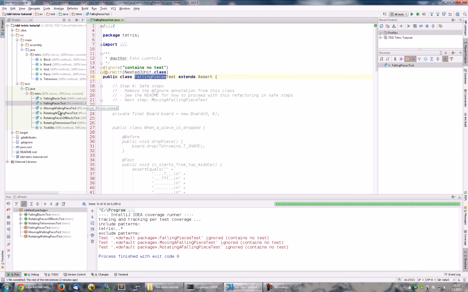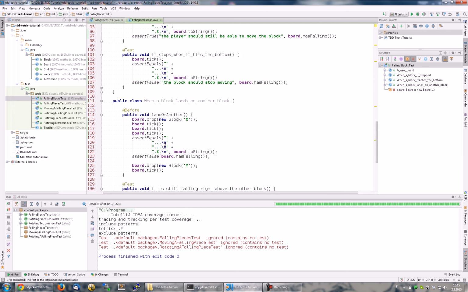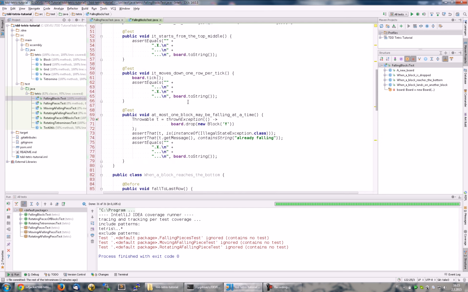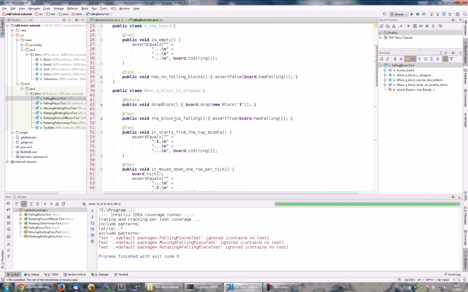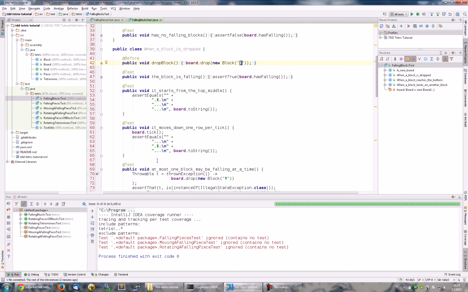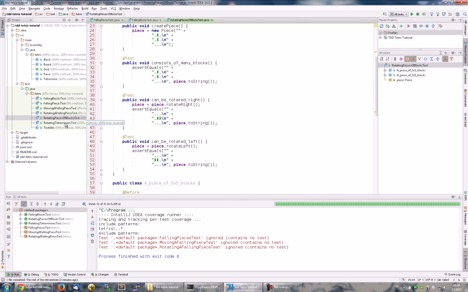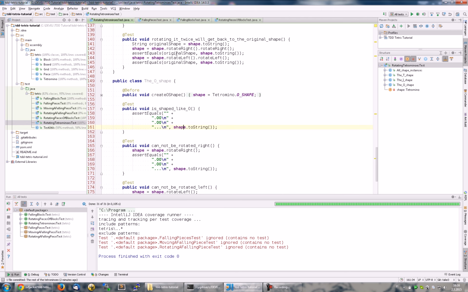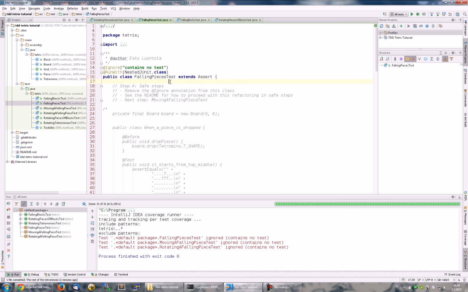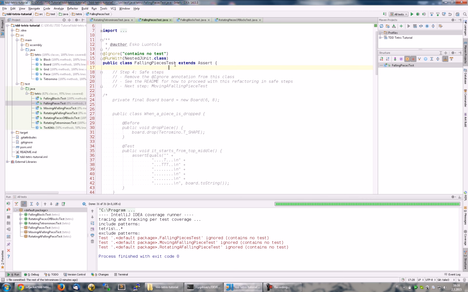Earlier we had implemented this falling blocks, a single falling block like there, and then we had these rotating pieces, the tetrominos. Now we will need to put all those together in this falling pieces,